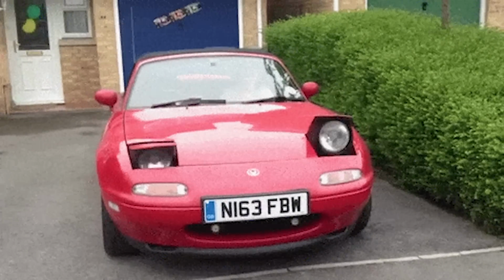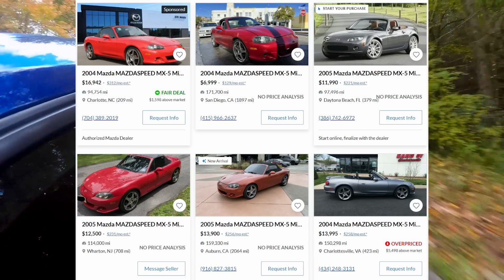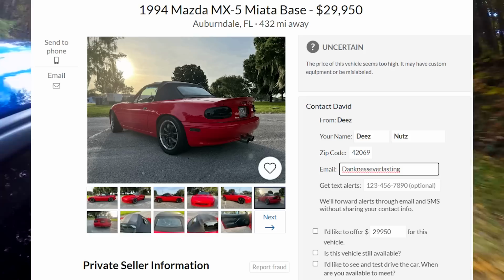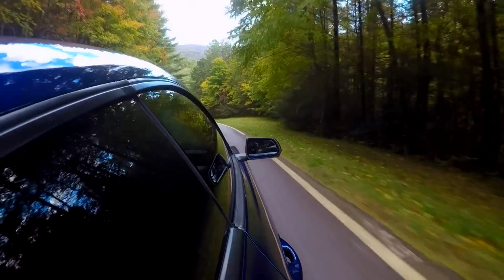While most sad boy JDM scrub lords are busy obsessing over the NA Miata prices, the NB Mazdaspeed goes completely forgotten by most, being able to be found for around 11 grand in a day and age where people want twice that price for a clapped out NA. I would not only call this car a good buy, I would just call it a good car in general,